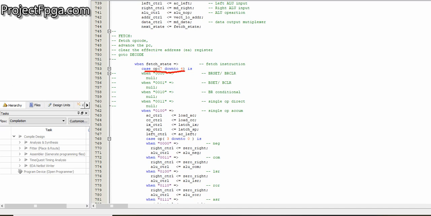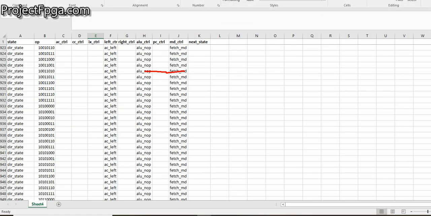Now the values are no longer fixed values in the first state. It is now giving you values whenever it is in the first state. The values are dependent on the opcode. So that is why I have my second Excel sheet. That is why I have this sheet. So this sheet